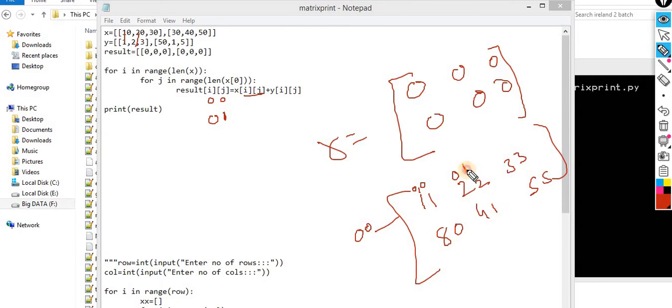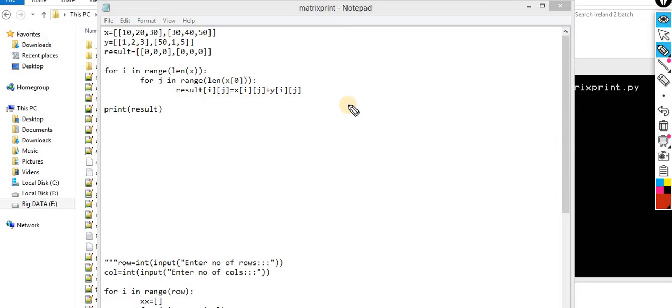So this position will become 0 1. Next the j value becomes 2, this position will become 0 2. And what operation am I supposed to perform? I am picking the value of this 0 0 location, and here again this 0 0 location, and I am adding these two values, and I am allocating the result on this position. So earlier the value is 0, after performing the addition the value becomes 11. Let me implement it, the picture would be more clear for you guys.